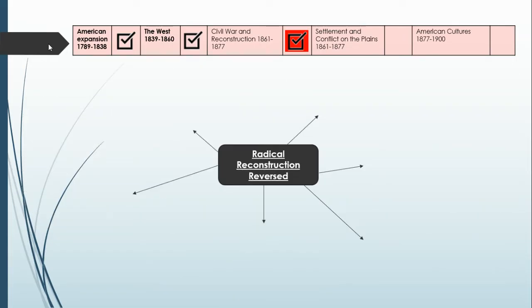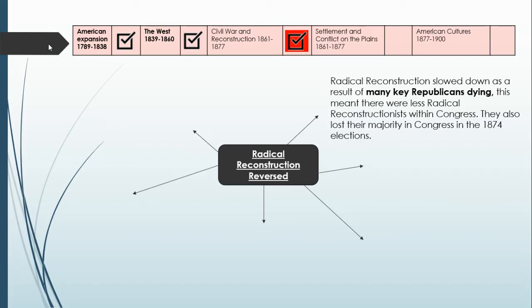Okay, the next part of this is radical reconstruction reversed again. So this was a really unstable time for African Americans. There were lots of changes which were positive, which were quickly retracted, and we see that as we go through. Those of you that have your notes in front of you, you might remember that we looked at this as a kind of roller coaster for African Americans. So you have a diagram in your books that reinforces that. This section is called Radical Reconstruction Reversed. I've tried to give you R's as we go through, so alliteration to help you a little bit, but we're going to have a look at radical reconstruction reversed.